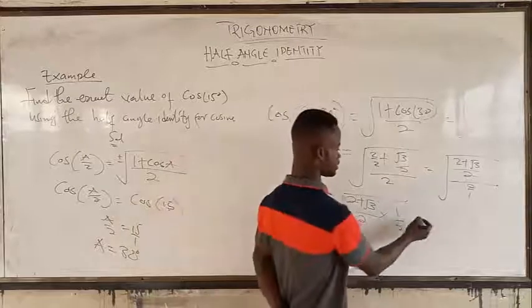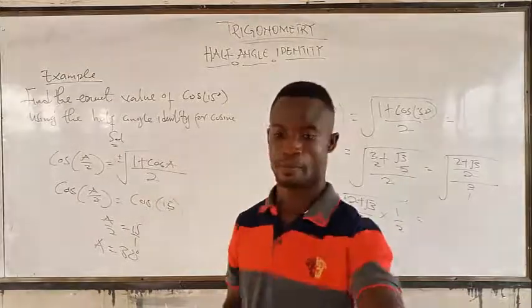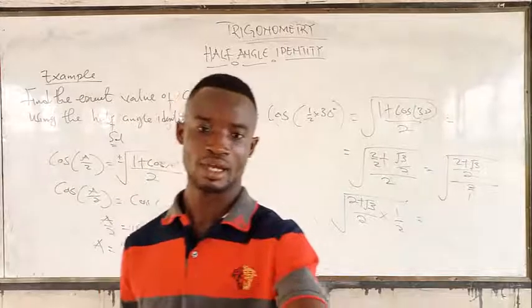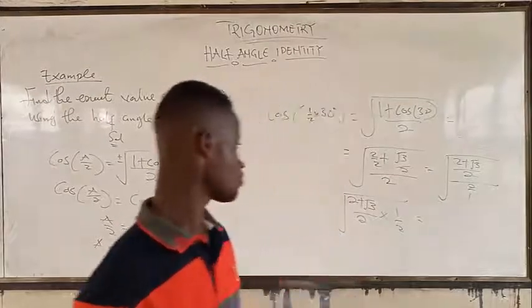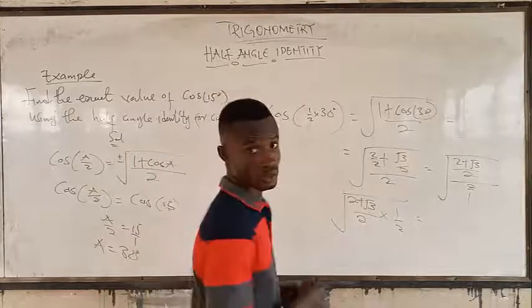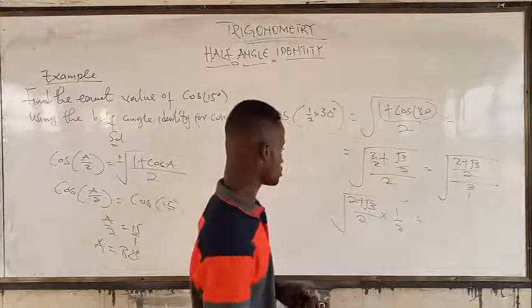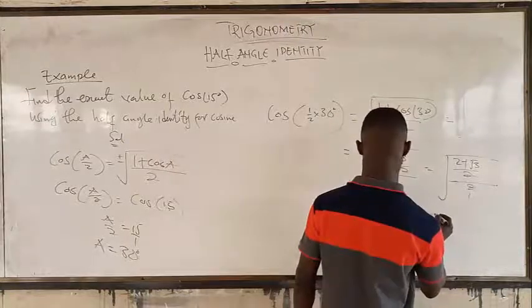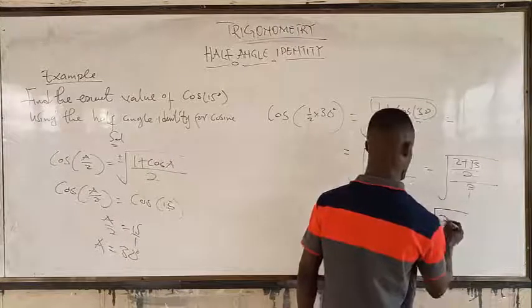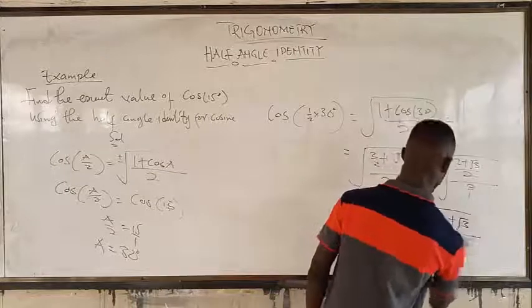Alright? And that is simply going to give us square root of 2 plus square root of 3, all this over